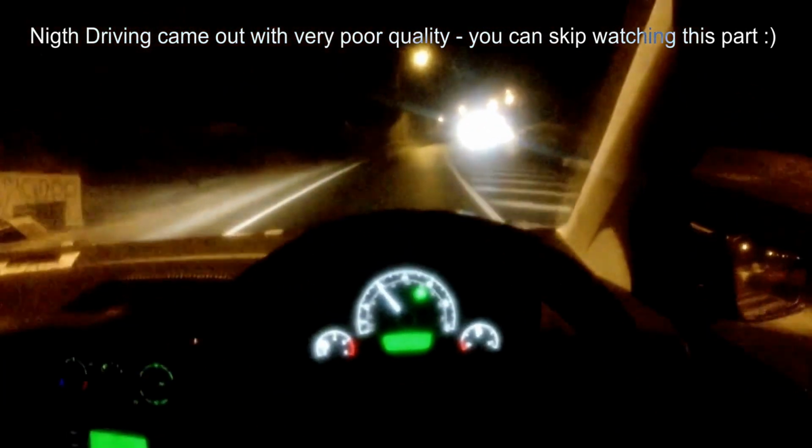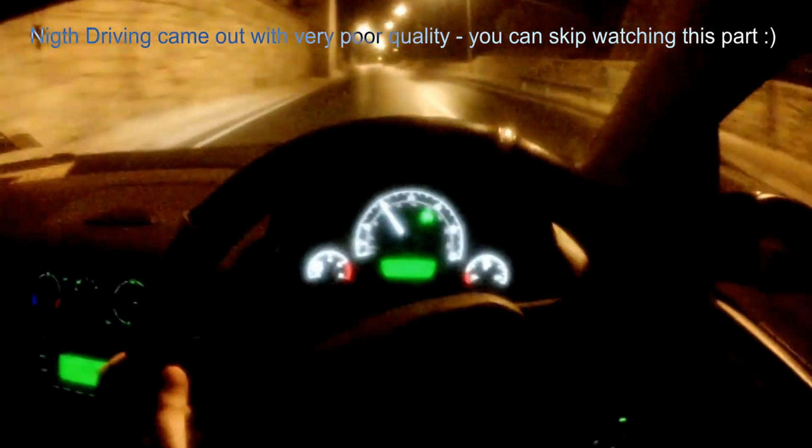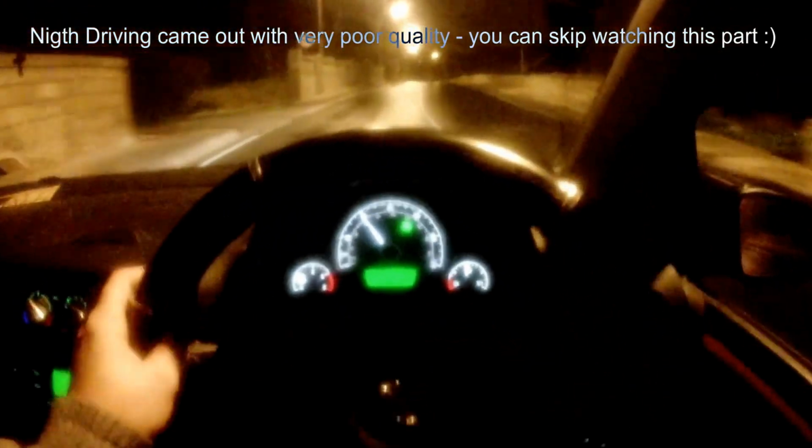Yeah, so enjoy the ride. As you see, even at 60 kilometers an hour, it's less than 2000 revs, which means really small fuel consumption. It's almost like the engine is idling. Because if I'm stopped and I just leave the engine on, the revs will be just a bit lower, so